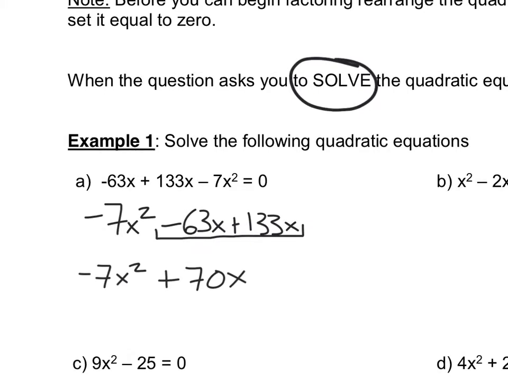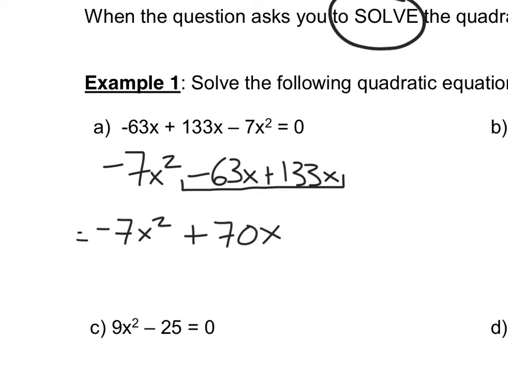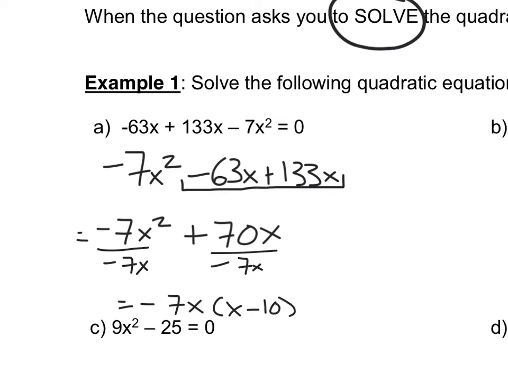Now, looking at this equation that I have left, this quadratic, I've got two terms separated with a plus sign, so that isn't a difference of squares, but I can definitely try greatest common factor. So my lowest number is negative 7, so I'll try that. Negative 7 does go into 70. I have two x's with the first term, one x with the last term, so I can take out an x. This, of course, goes in the front. And then we're left with x minus 10. Now I'm going to separate